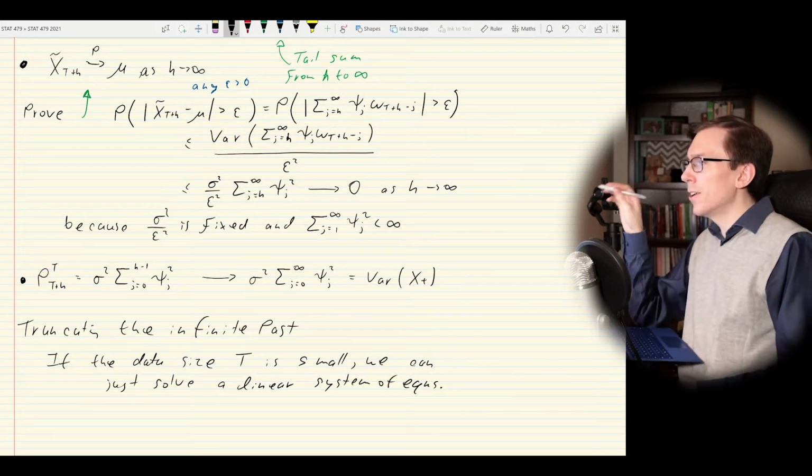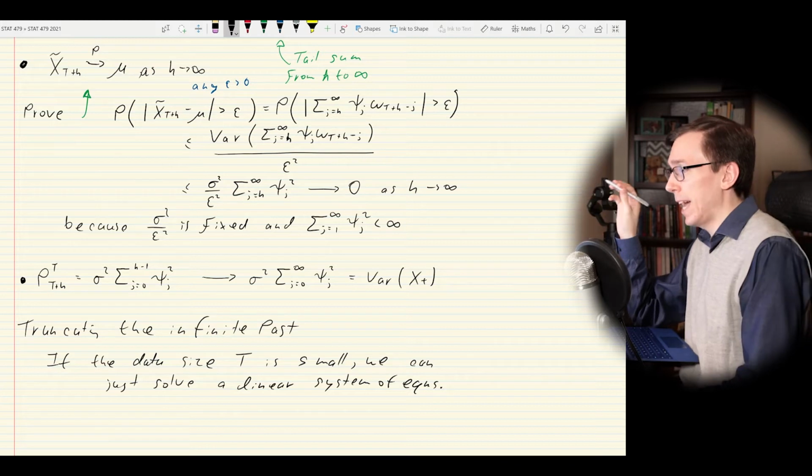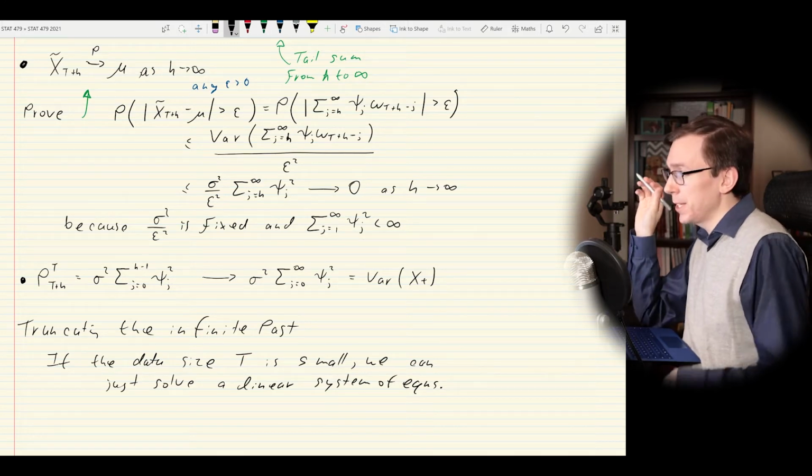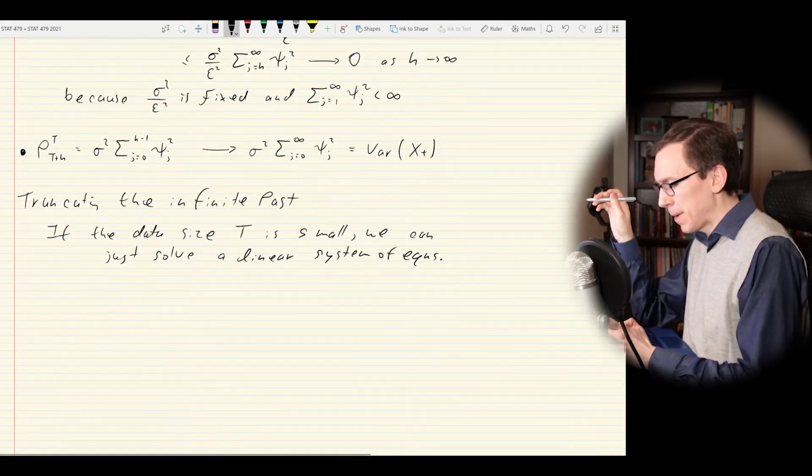But if t is large, we're not going to be able to do that, and we're going to have to go forward iteratively. So now what we're going to do is use the invertible representation, because remember